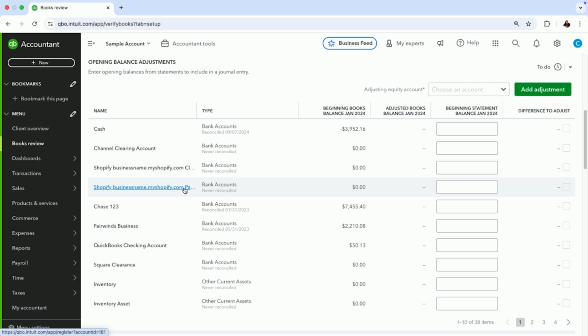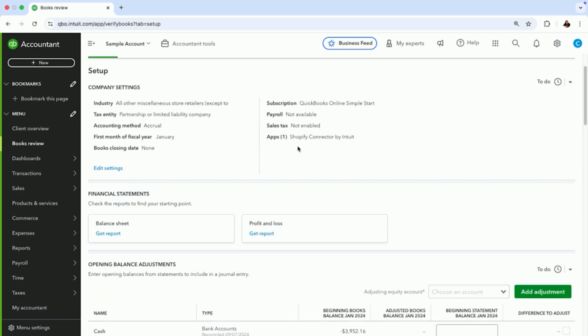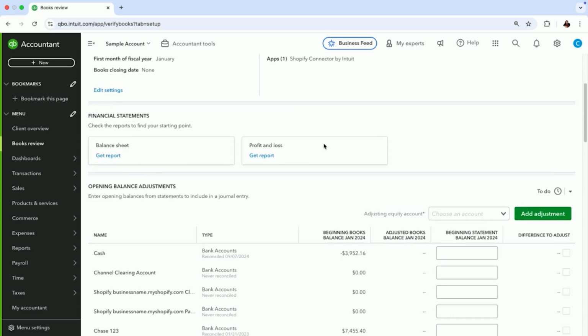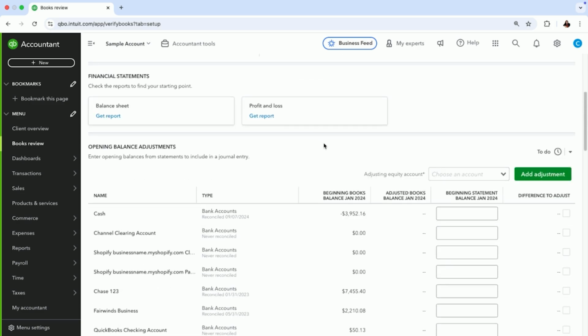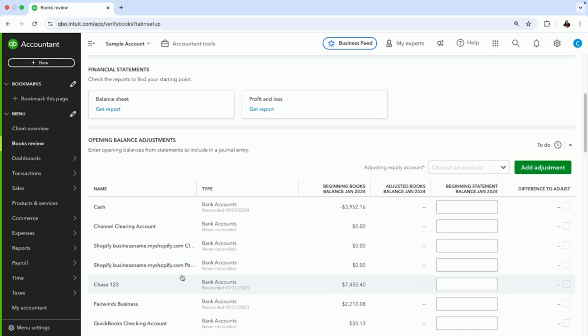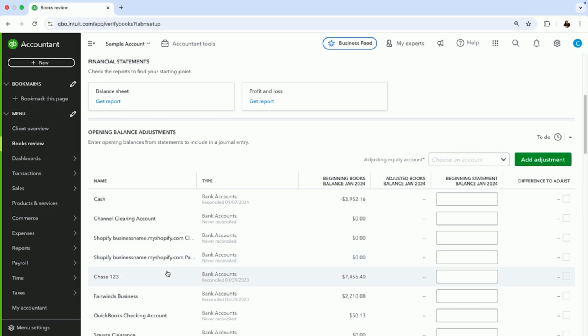And I have a video on Shopify in regards to PayPal. So be careful. If the client has PayPal and Shopify, you do not want to have both apps added under apps. You don't want PayPal and Shopify here because you're going to be duplicating transactions. Since July last year, if PayPal is connected with Shopify, Shopify will be sending that information into QuickBooks Online, into this clearance account, which is Shopify Business,